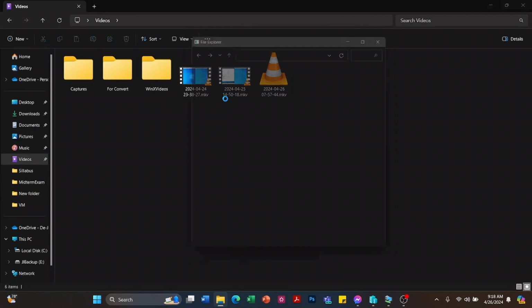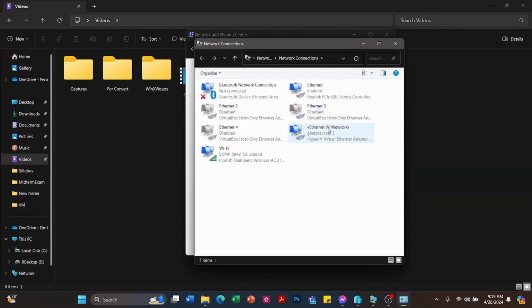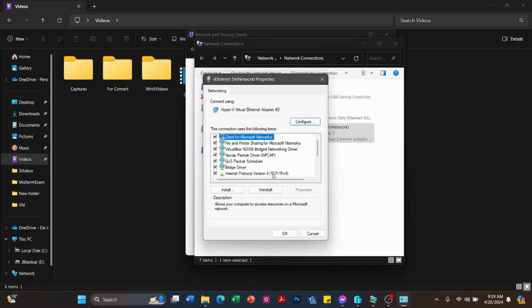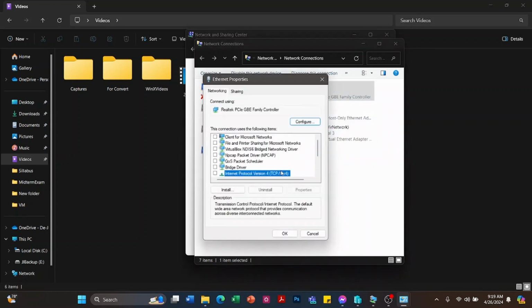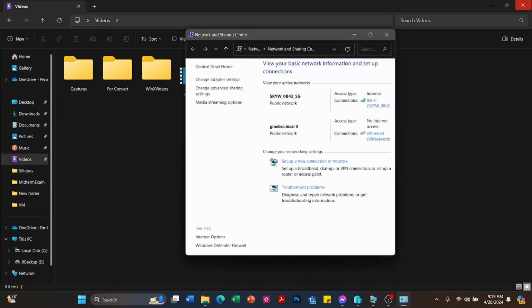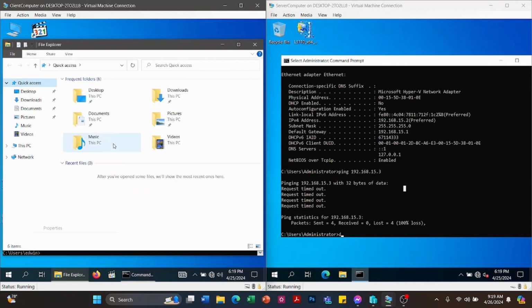Okay, so let's check the network of the host computer. It's enabled. Why is it? Properties.